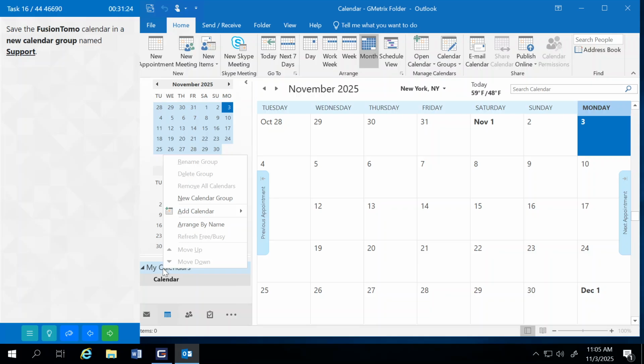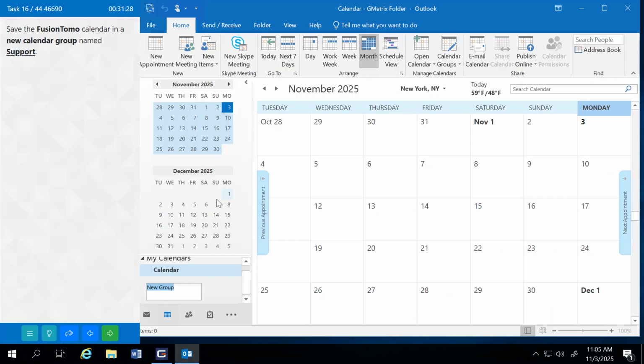I want to right-click on the My Calendars heading and select New Calendar Group. And we're going to name this group Support. And then we're going to go up to our Home tab of our ribbon, and we're going to select